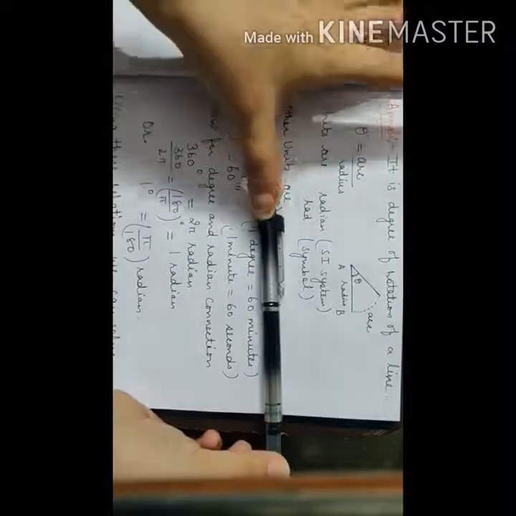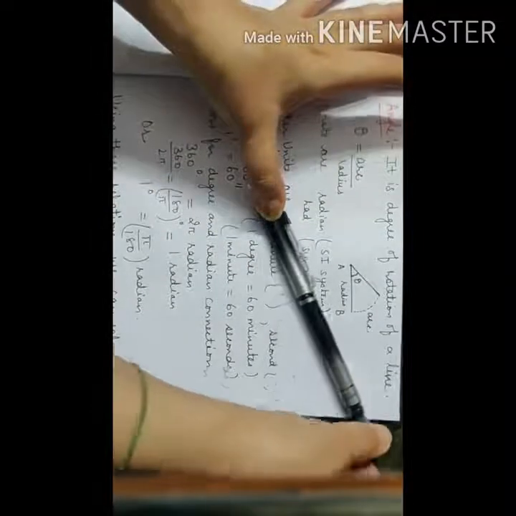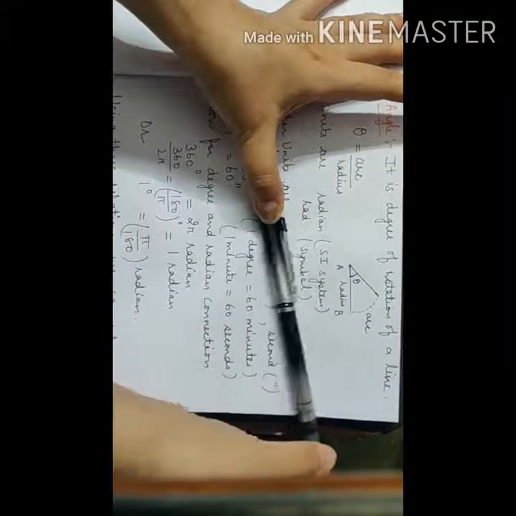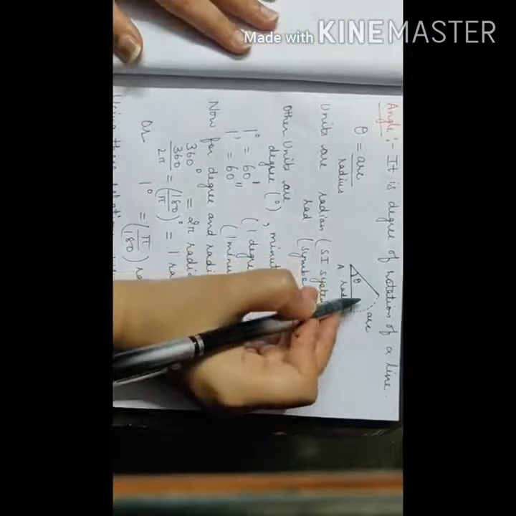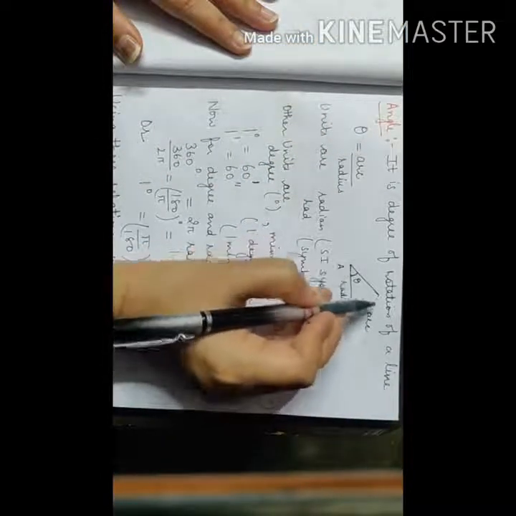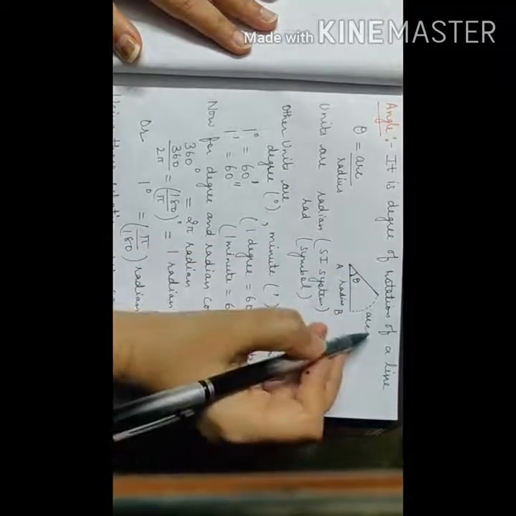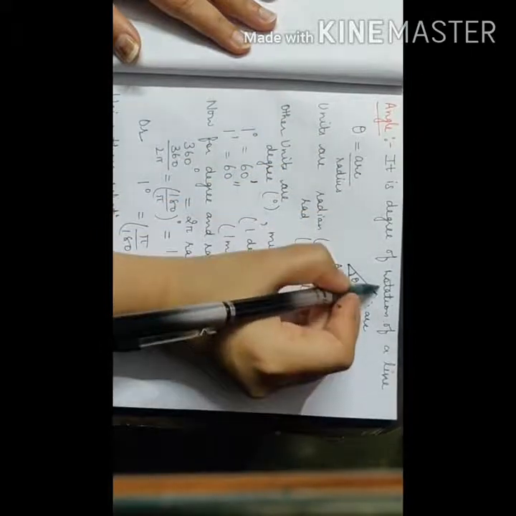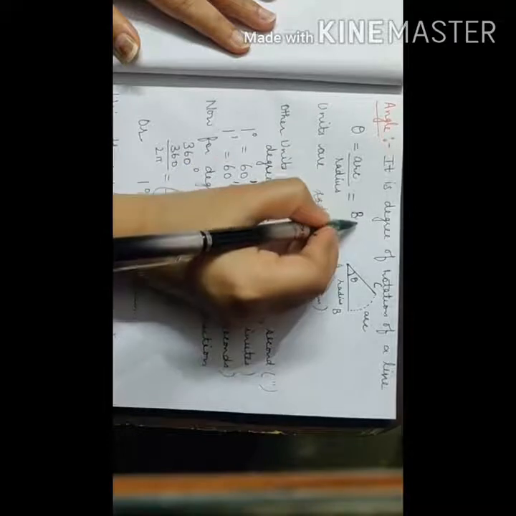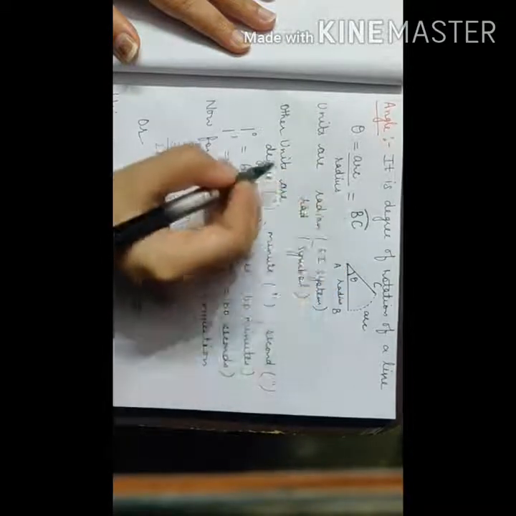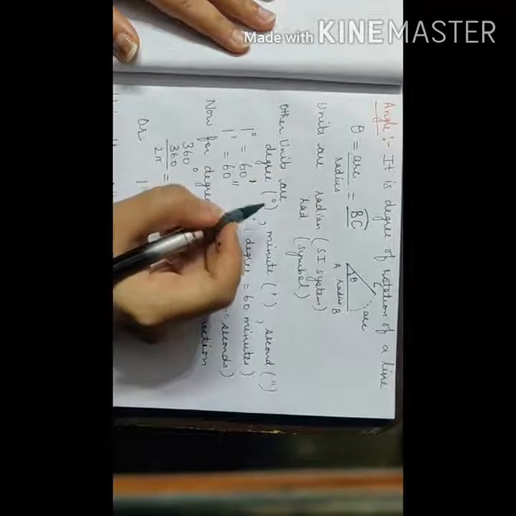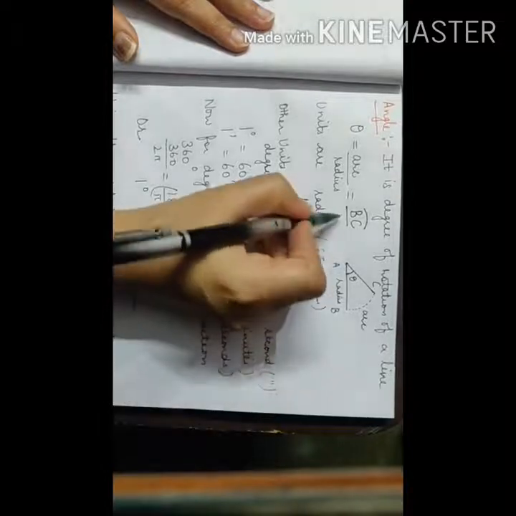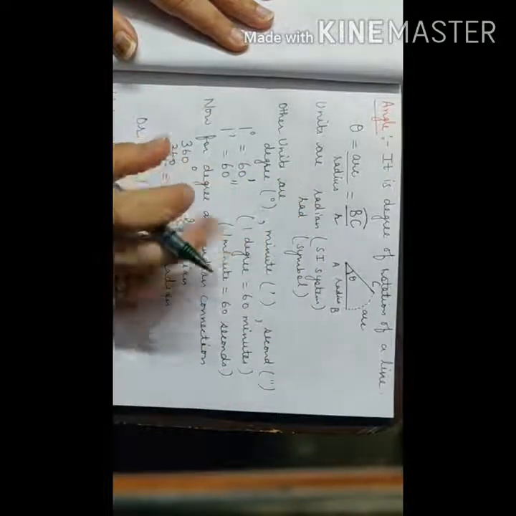Whenever a line which is fixed at a point rotates, then its rotational degree from initial to final position is termed as angle. Whenever we are to make angle, it looks like this. Then the formula for angle will be the arc that is drawn in front of this. We can say this is equal to BC, with a symbol of arc over it, divided by the radius. Radius can be AC or AB, right? Then angle can be defined by this formula.